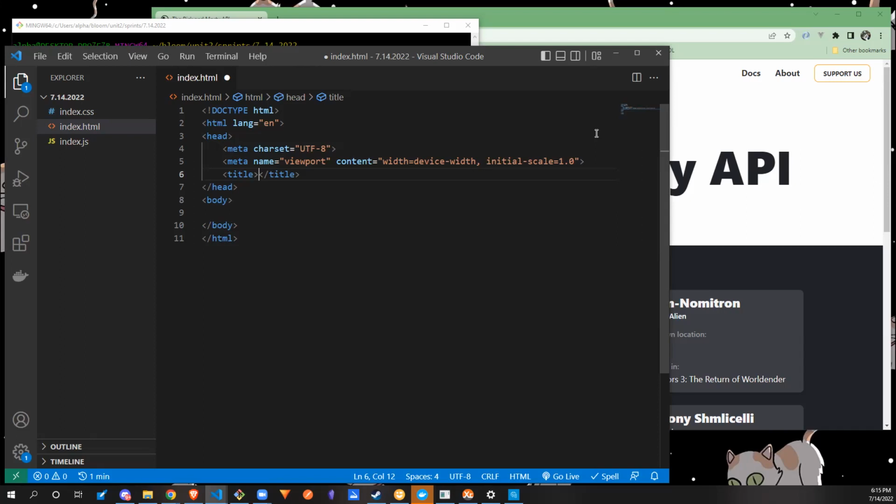I'm going to go ahead and change our title to Rick and Morty. So this is the title that's on the tab whenever you're running it. So we're just going to do Rick and Morty. Yes, there we go. We'll say character list. So if I save this,